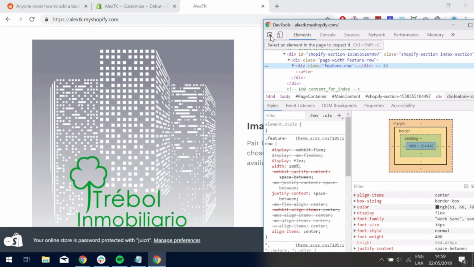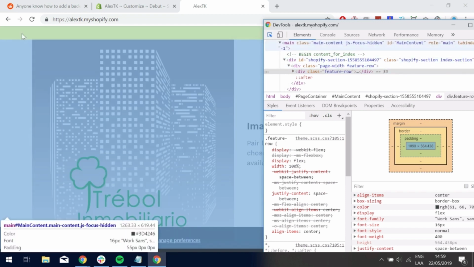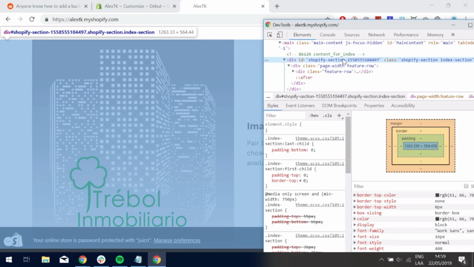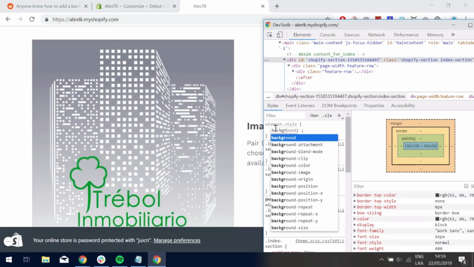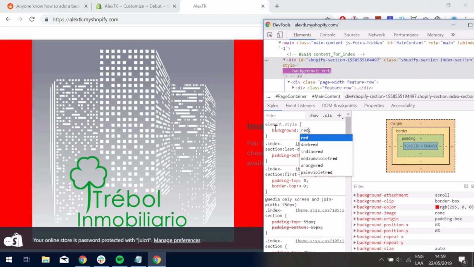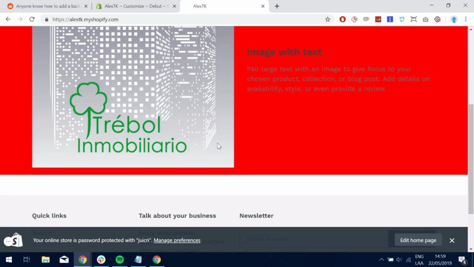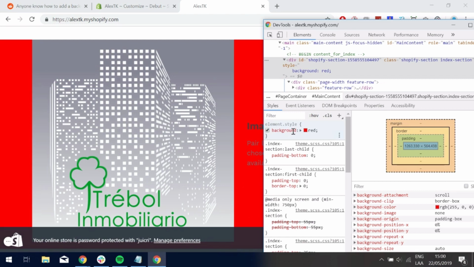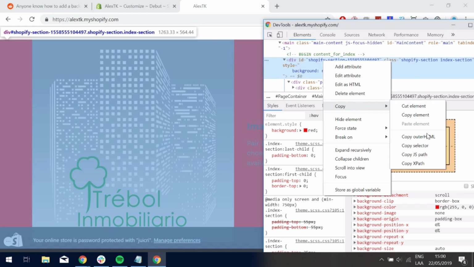And we're going to use this little tool up here and select the section that we want to target. So I think down here we can see that this is a Shopify section. And let's just go ahead and do a test and add this CSS property background, and let's just say red. So that is what the user ultimately wants, except they don't want a color, they want an image. So now that we know that that's the proper selector, let's go ahead and right click, copy selector,